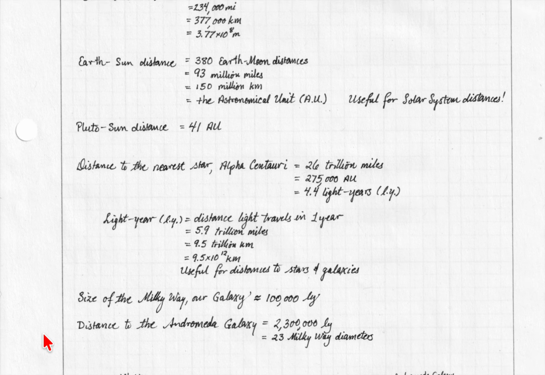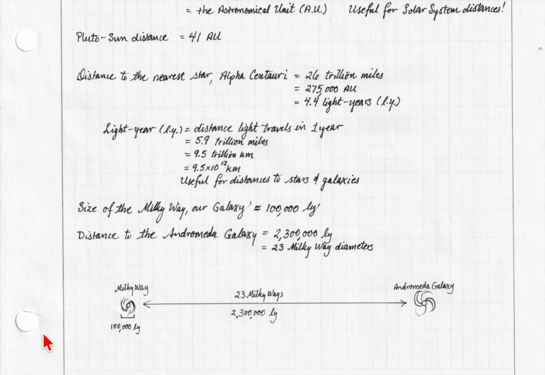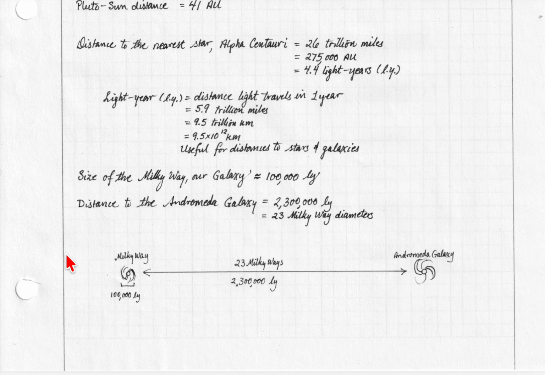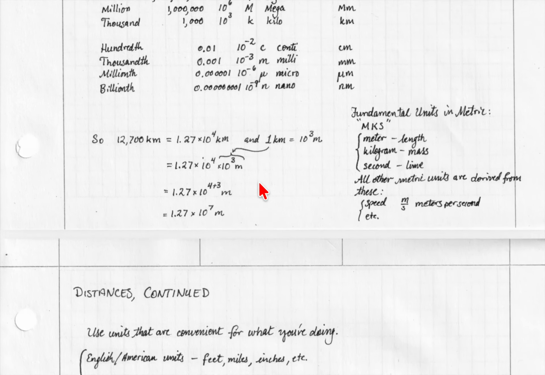Okay, let's take a look at the size of the Milky Way. And that's our last bit for this section here. So the Milky Way is our galaxy. It has somewhere on the order of 300 billion stars in it. And it is roughly, notice that my equal sign here is a squiggly equal sign. That means approximately equal to. Let me scroll back up here. You might have noticed at the top